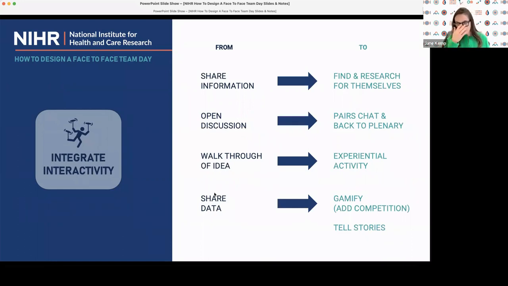Another thing to think about is using interaction to engage people. How can I use interaction to get people engaged, to help raise those energy levels again? On the left-hand side, we've got some of the traditional things that we might do. It might just be, let me share this slide deck. I've got 40 PowerPoint slides, I'm going to share these. Chances are the energy will be significantly lower, versus